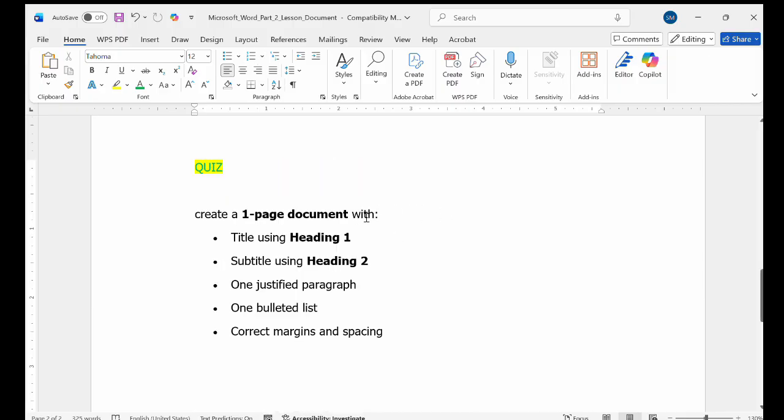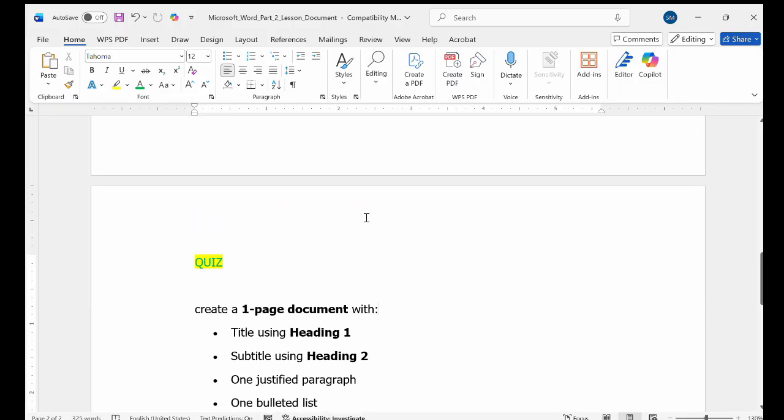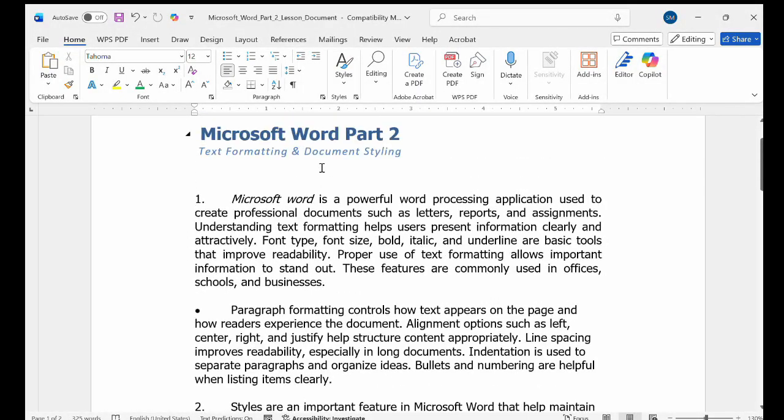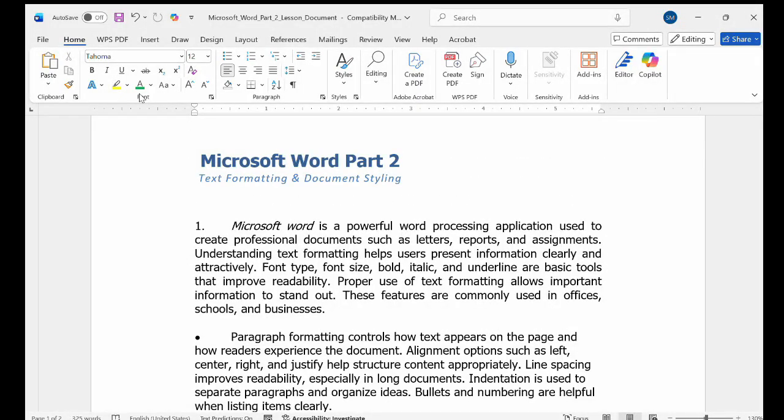And thank you guys, I hope that you got it. And today we learned how to format a text. This is the text that we're talking about, how to format it by using font size, bolding, icons, everything that you see on the font. And also we learned how to arrange the page, and also the paragraph,